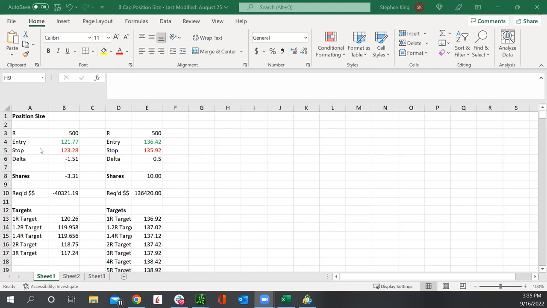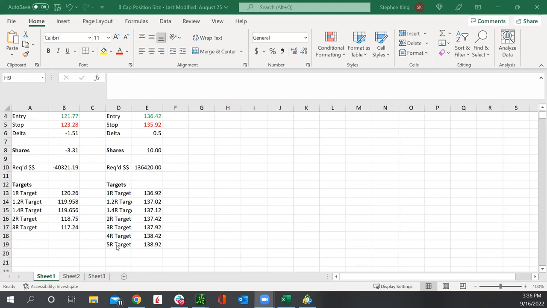All I have to do is plug in my entry, my stop. It tells me what the difference is between that. It tells me what my lot size is. And then down here, it tells me what my targets are. Now, I have to copy these ones over here. I actually ended up extending this and adding in a 4R, 5R. But this tells me immediately, very quickly, what my 1R target is, my 1.2,